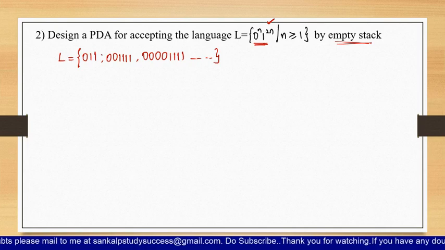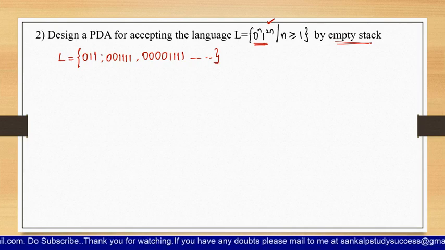So now, how are we going to push or pop the elements from the stack in order to end with the empty stack? So here, if you take for zeros, you push into the stack. That is the logic. For zeros, you push in the stack, and for ones, you change the state and no change in the stack, because for